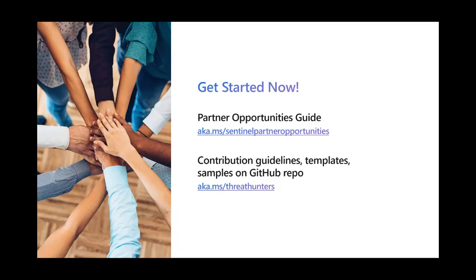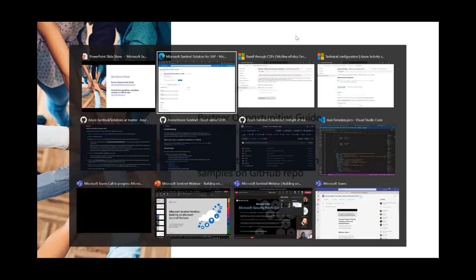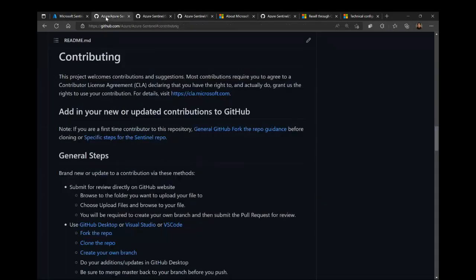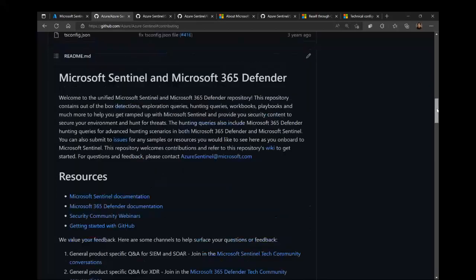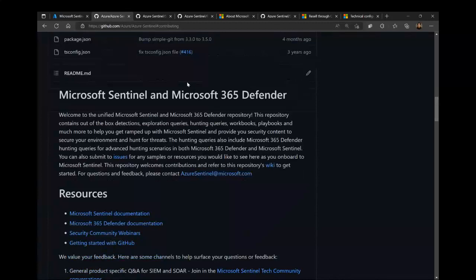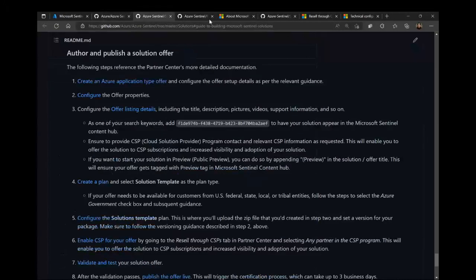The next question is, can the template be defined in Bicep or currently in JSON format only? The templates actually are different for each content type. I'll quickly walk us through the guidance here first. Going through the table that we just looked at, each content type has different types of